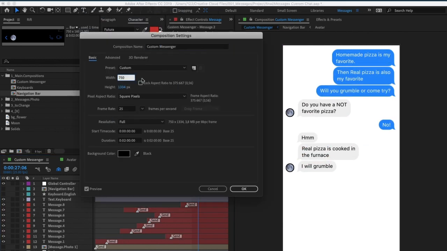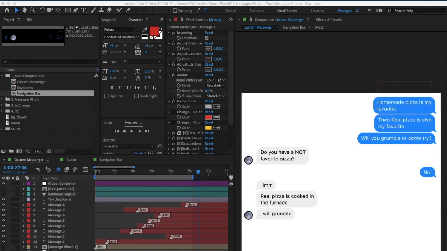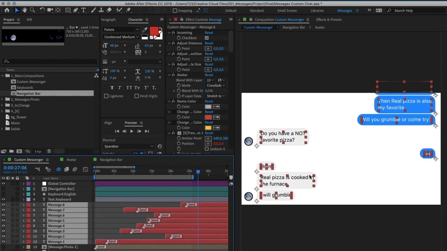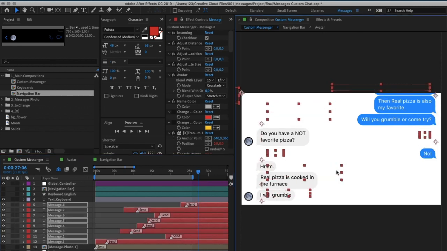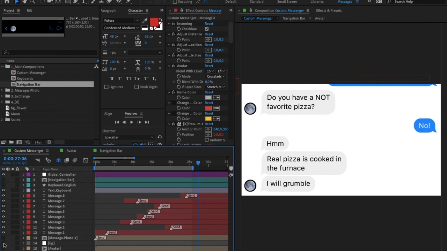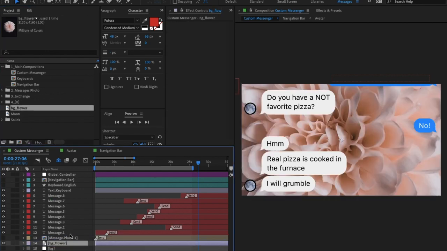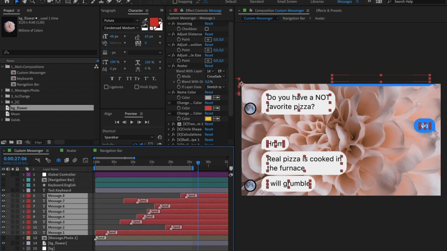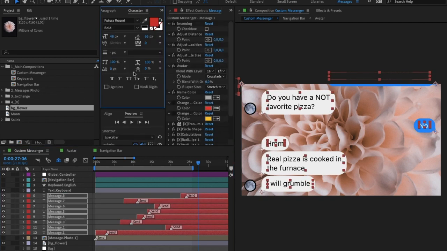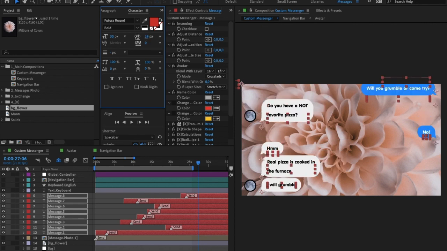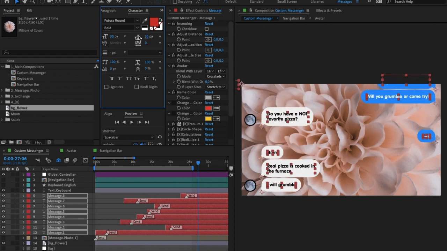You can also change the resolution of the composition, and the animation will be updated automatically. You can change the scale to fit the new resolution, turn off the background, or replace it with your own. You can also change the font. All font options, such as font size or line spacing, are also supported, so the animation adapts if you change them.